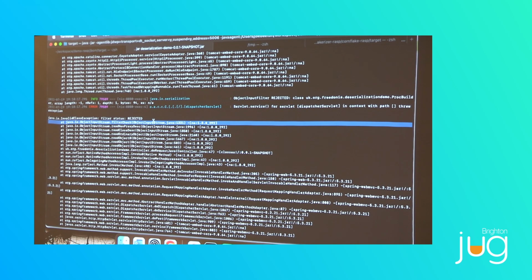Obviously, this is a fairly simple demo. Well, the code isn't simple, but it's just fixing a single deserialization vulnerability within an application. But the power of runtime protection is much greater than that. It's not just deserialization. Lots of different vulnerabilities can be detected and fixed at runtime, even ones that aren't known about ahead of time. For example,